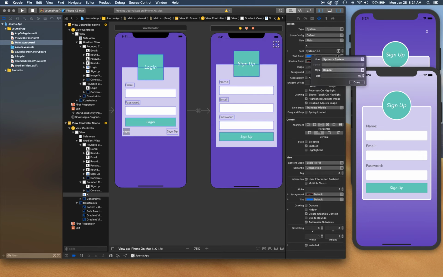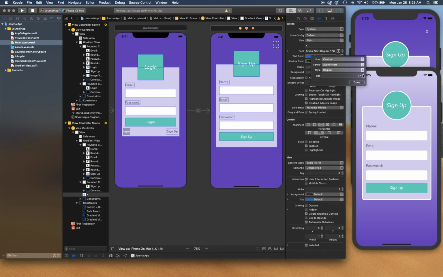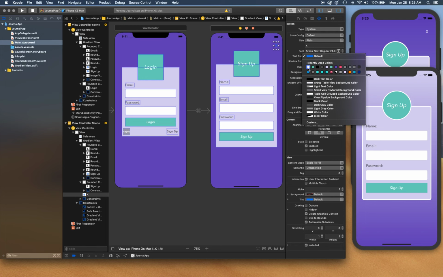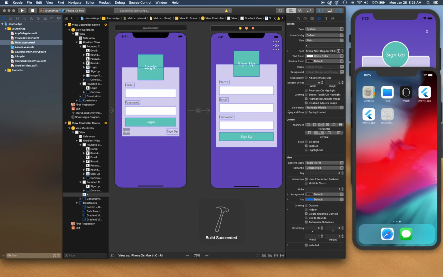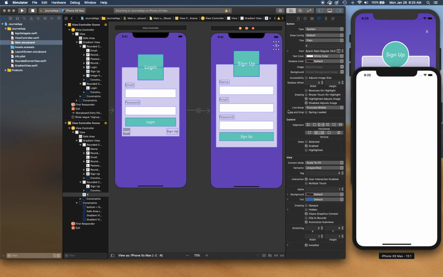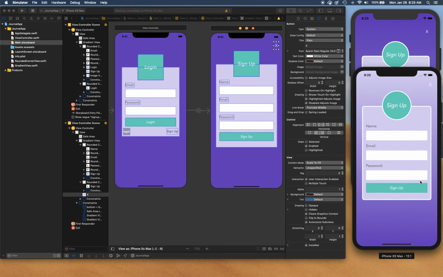and just give it a custom font, increase size a bit, and text color to be white. Okay, let's take a look. All right, so sign up, and there we have it, our cross button, and it's actually